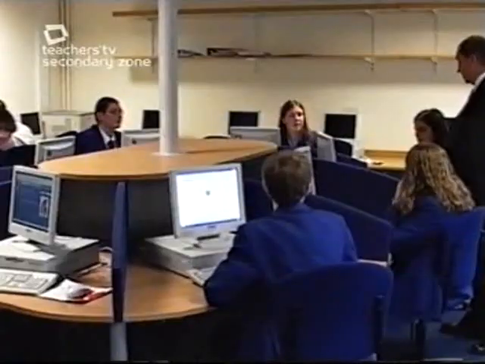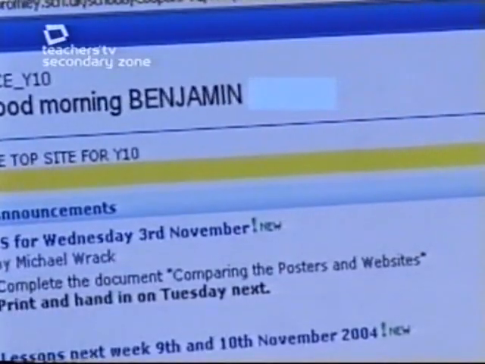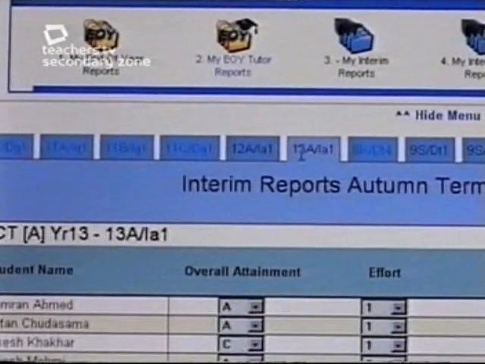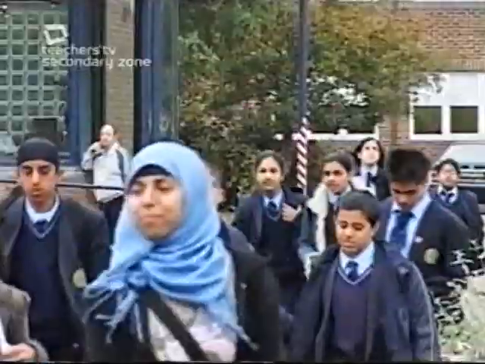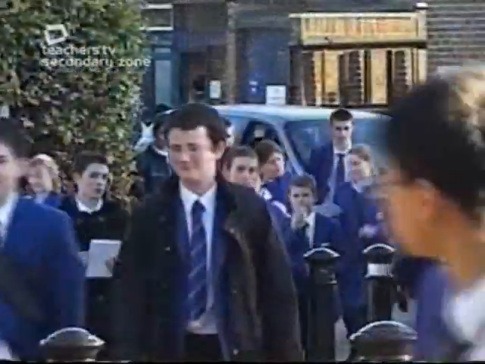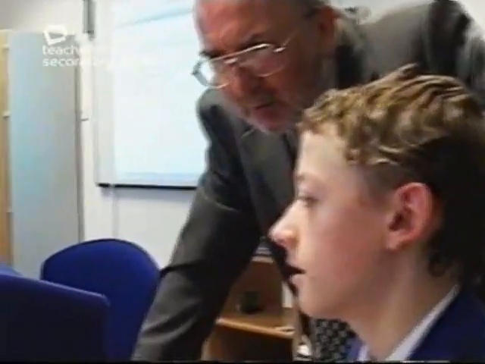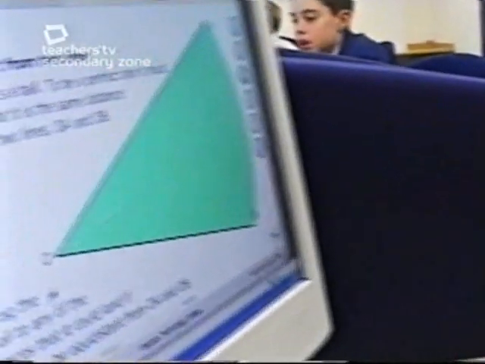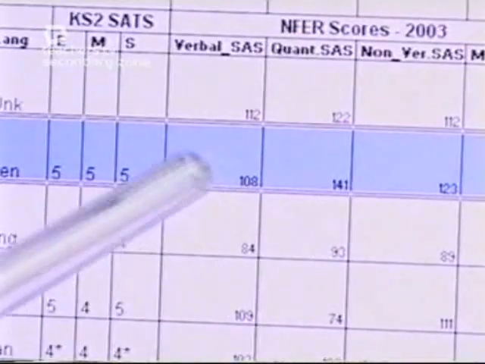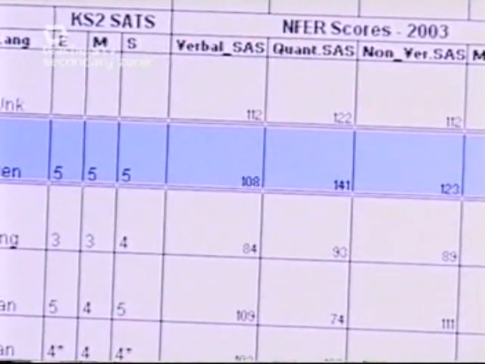What part can ICT play in delivering personalised learning? This programme looks at 2 schools that are developing their ICT networks to directly benefit teaching and learning. At Cooper's Technology College in Kent, we focus on their delivery of content through a virtual learning environment. While at Seven Kings High School in East London, we see how they are exploiting the potential of management information data to enhance assessment for learning.